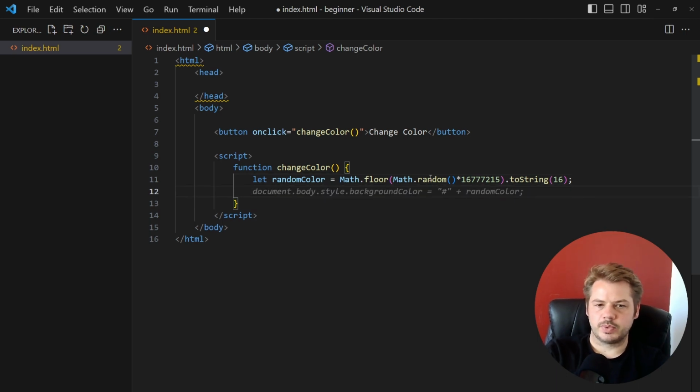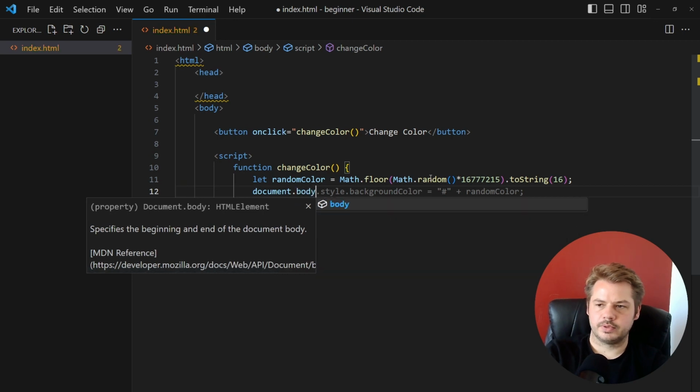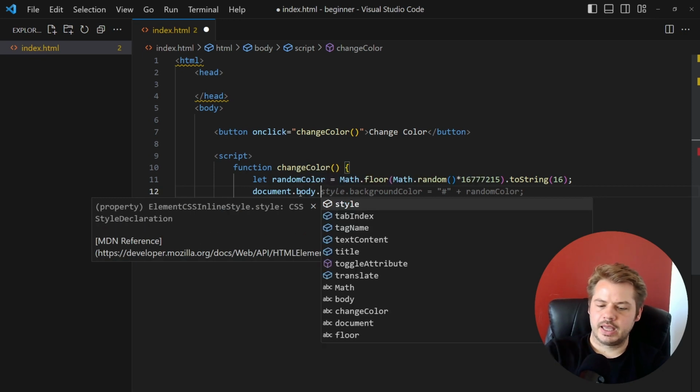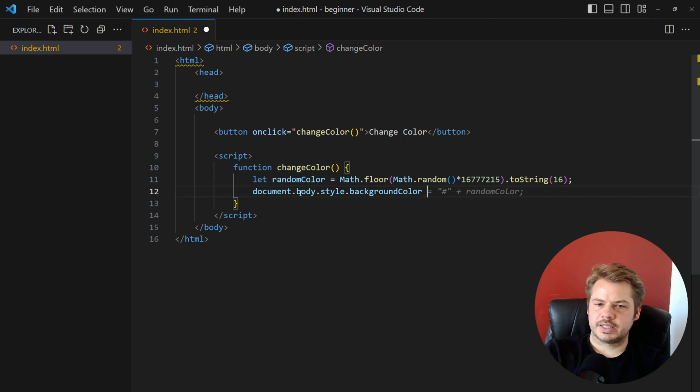So once we've done that, we can say document.body, and that's going to target the document, so the actual HTML document. It's going to look at the body tag, and then we're going to add a style to that body tag. And that style that we want to convert is the background color. So we're going to then say that this background color will be equal to,